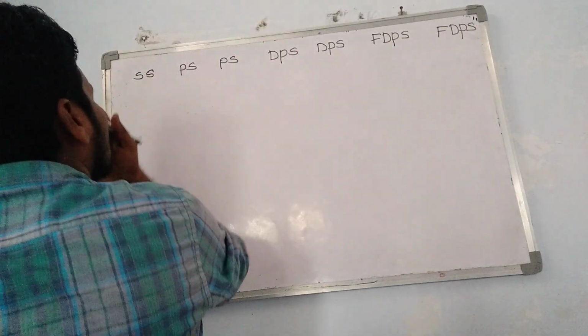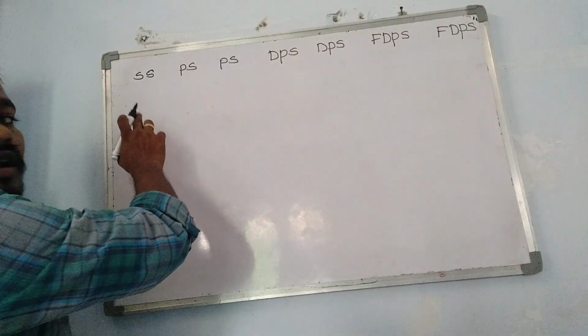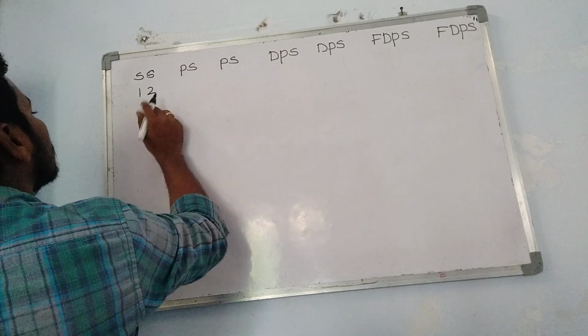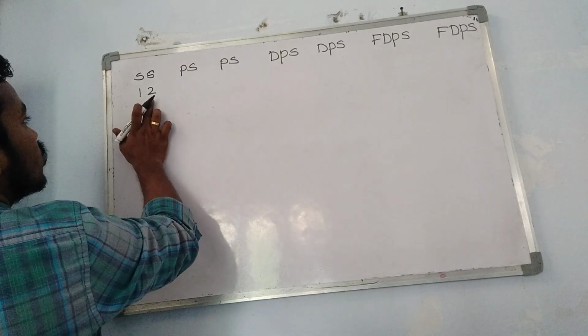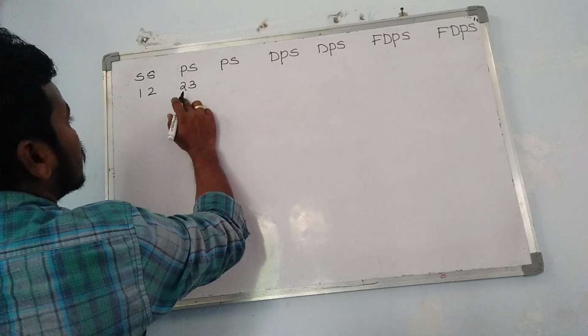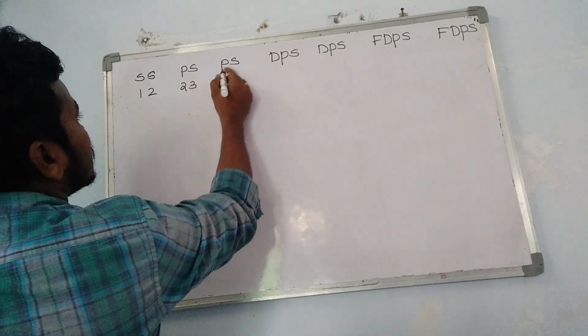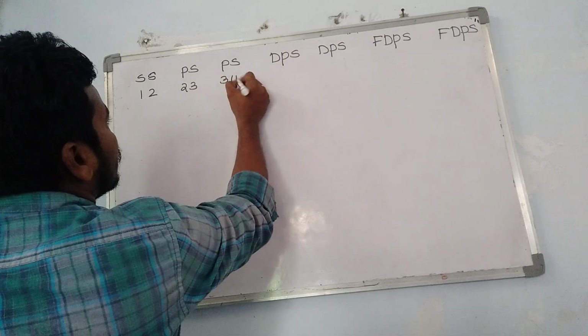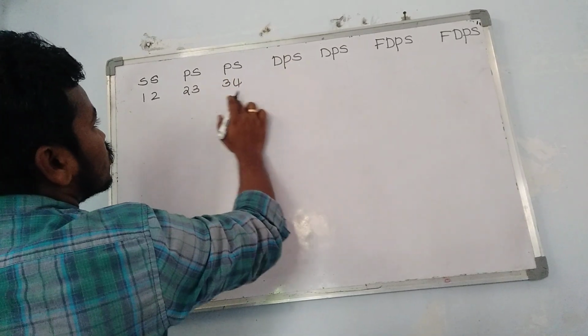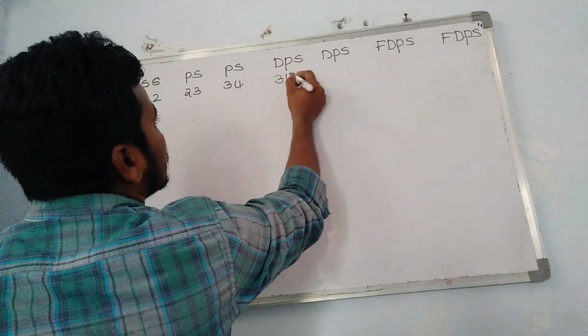After writing like this, what do we have to do? Here for s, at the bottom write the numbers 1 2. The number ending here is 2. Take the 2 and write the next numbers 2 3. The number here is 3, so 3 4. Here 3 letters are there, that's why take these two numbers here and write 3 4 5.